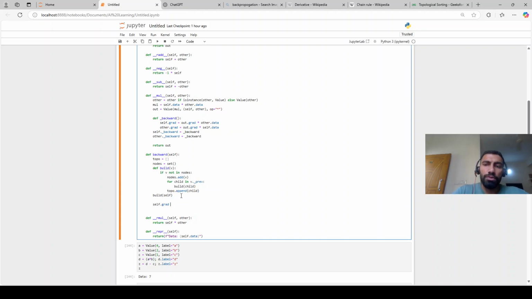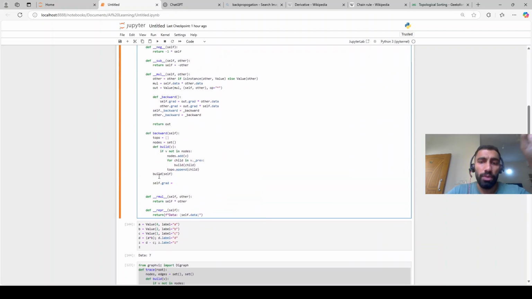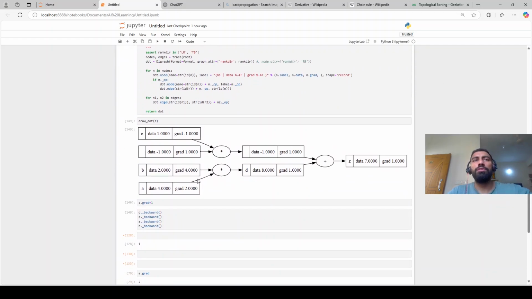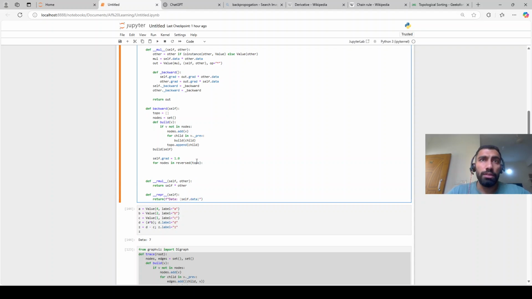Self dot grad. So for the parent when it will be called, because for parent it will be called, right, for z. So what we do here, we first initialize that by 1 because anyway we know that will be 1, and then for nodes, how it is storing is it will store a, b, then d and then z. It's in reversed order. We need to switch it back so that z comes up, then d comes up, then a and b and everything. Okay, that's why that logical